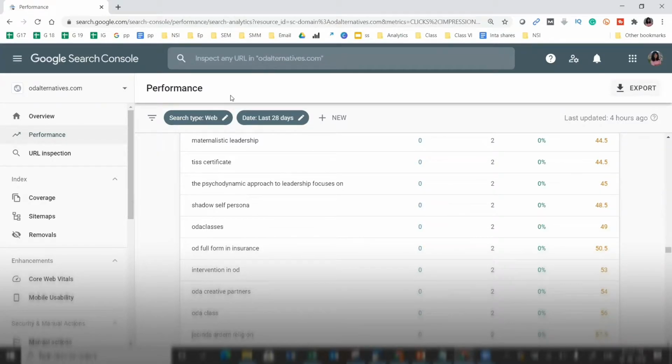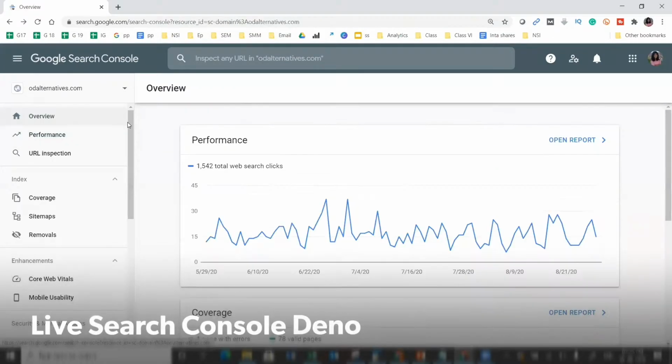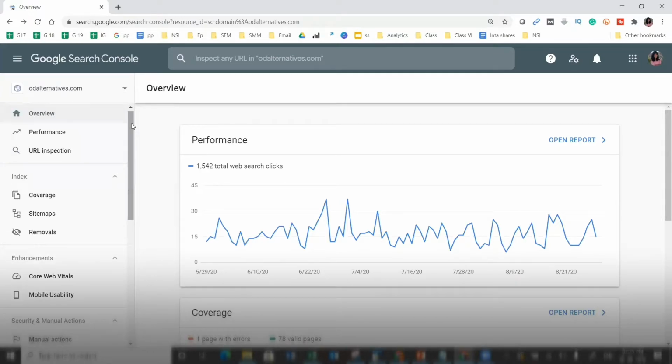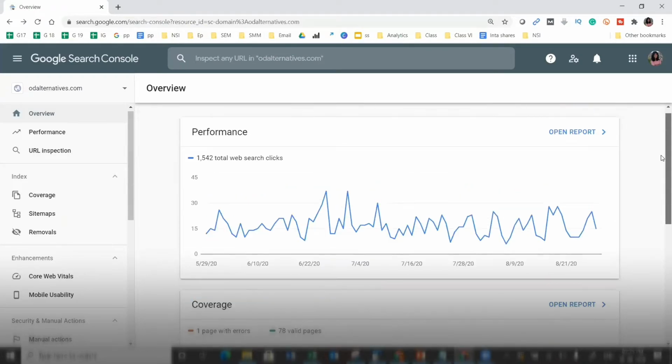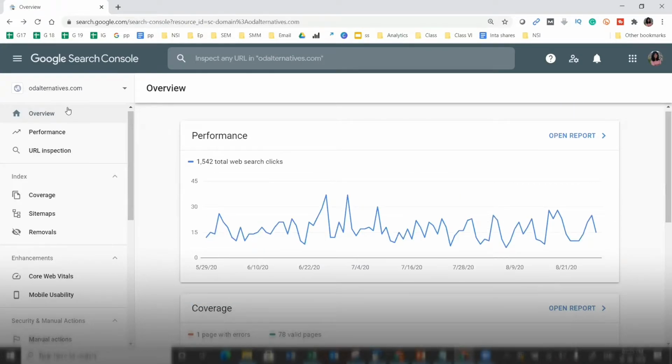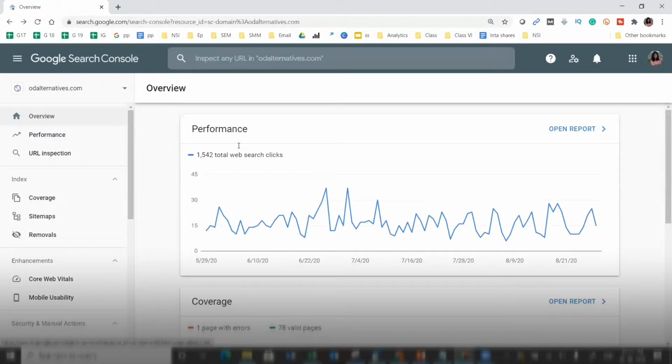the page is broken, the site is not in this class. This is a student's site. In fact, this is the same site that we discussed in the previous video while doing the session on Google Analytics. So it will give us a complete holistic point of view of a site. So when you click on overview, this is what you see.